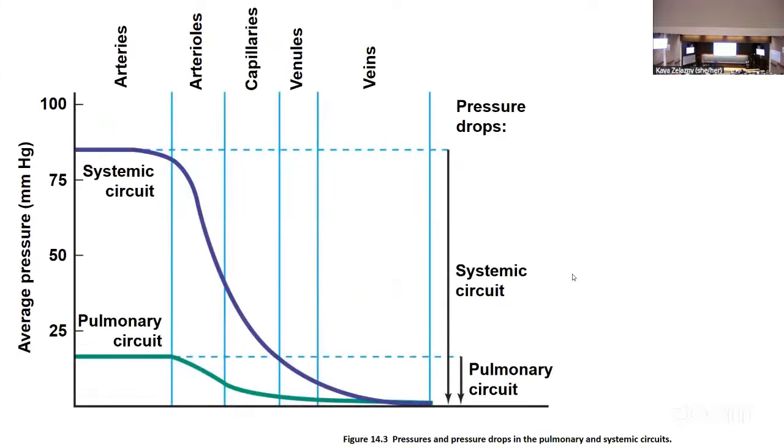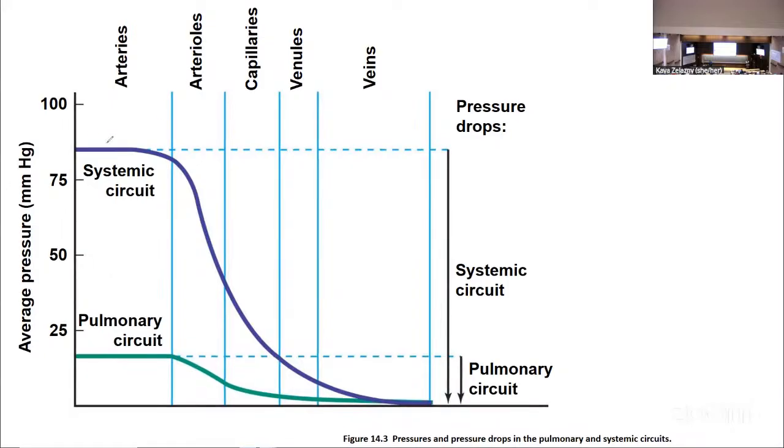If we wanted to graph the pressures that we see in our different types of blood vessels, it might look something like this. So for our systemic circuit here, we can see that we have a high pressure in our arteries up here, somewhere around 80 on this graph. And we've got a low pressure when we get back to the heart in the veins. And that low pressure, as you can see, is basically zero for both our systemic circuit and